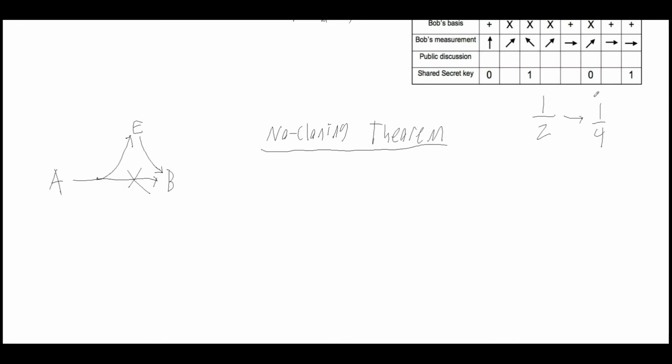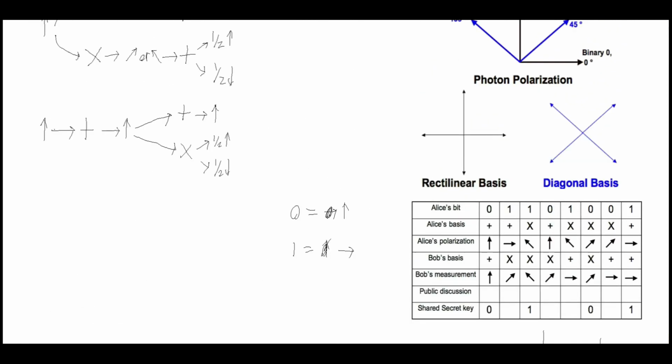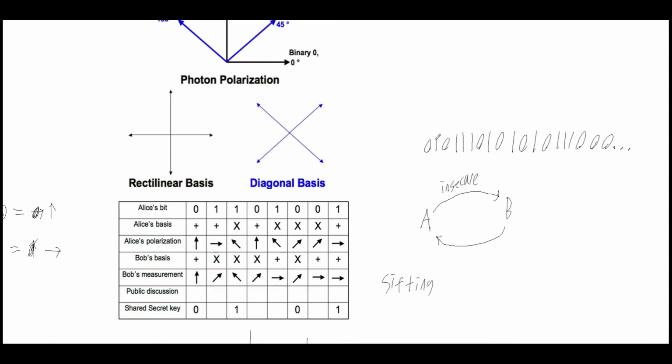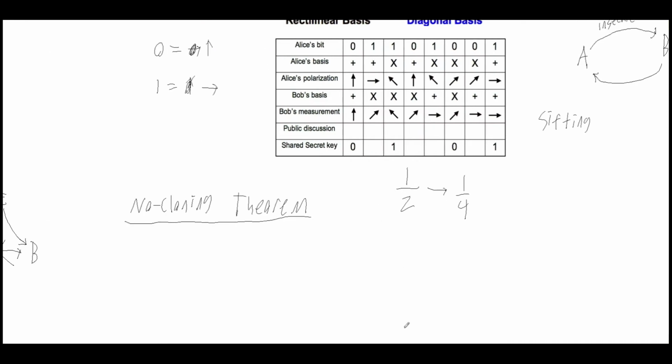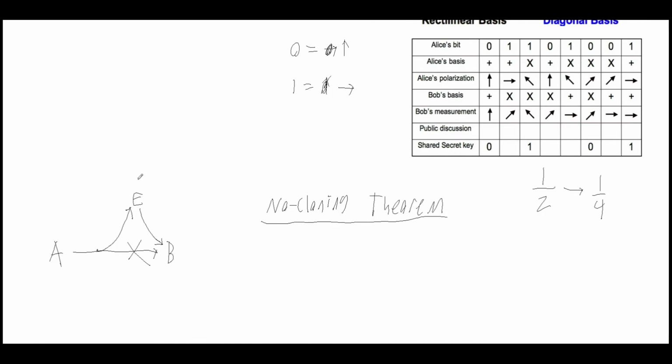And so what Alice and Bob can do is look at how many of these they had correct, out of their giant string of zeros and ones. So take the correct ones and divide it by the number of total ones. That should be 1/2, unless somebody is listening in, because then, as I said, they can't clone the signal. They can't